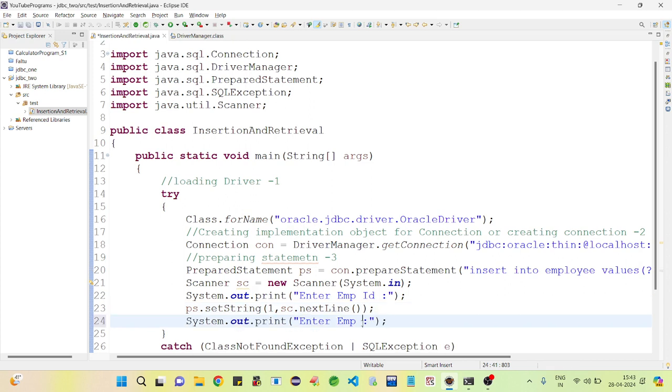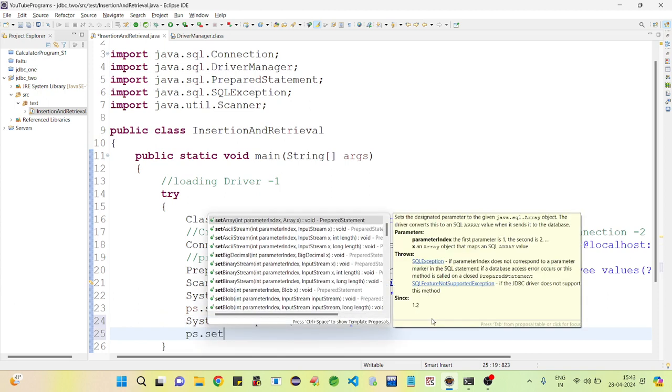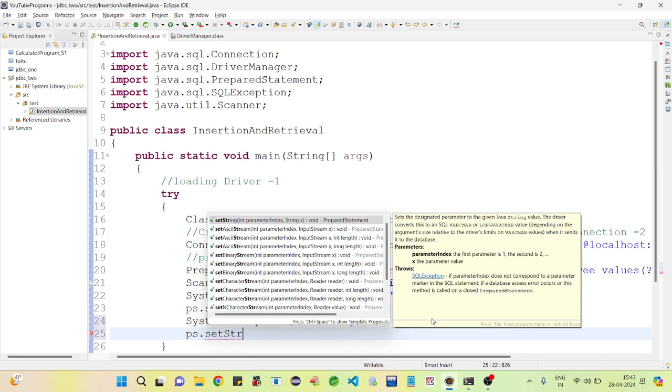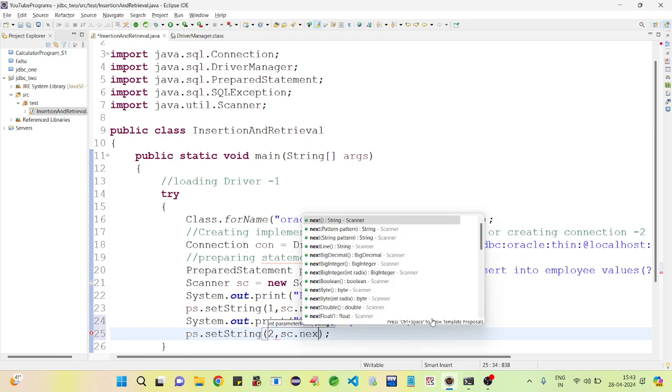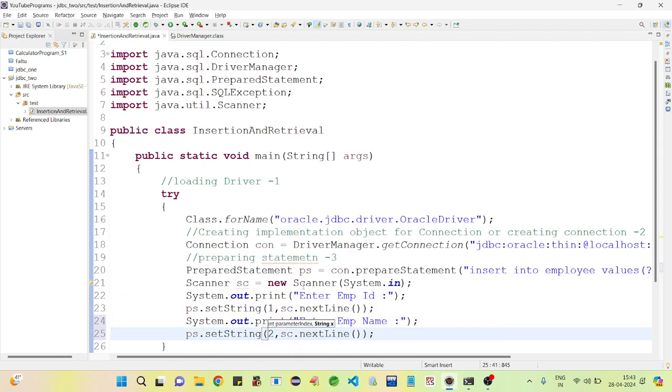After that, enter emp name. ps dot setString, because name is varchar. Here second index. After that, we are going to write sc dot nextLine.